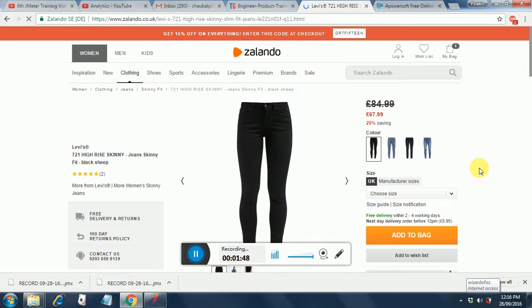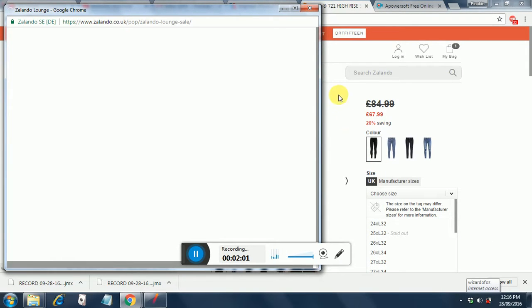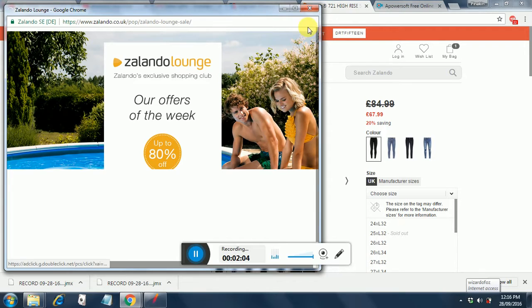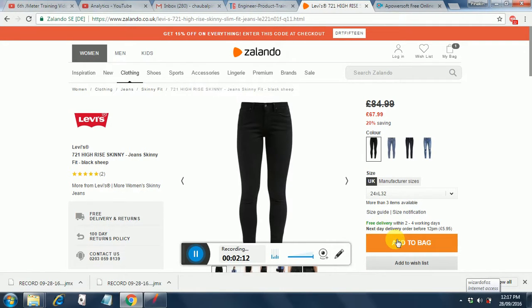So now a page with add to bag and shopping cart comes up. I have to select the size and then add it to the bag. So I select the size as 24. Let me close this one. So select the size as 24 L into 32. Add to bag, then it gets added to the bag, and this adding to the bag is an Ajax operation that has got